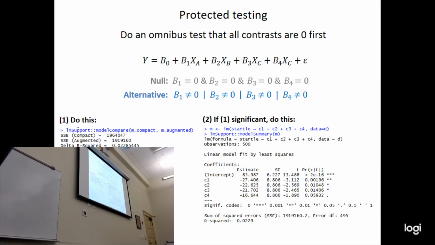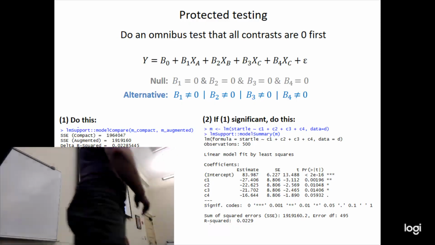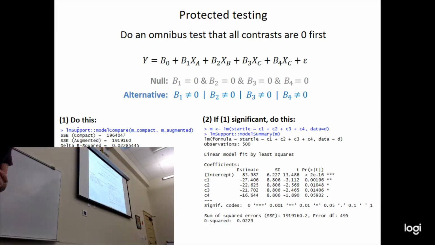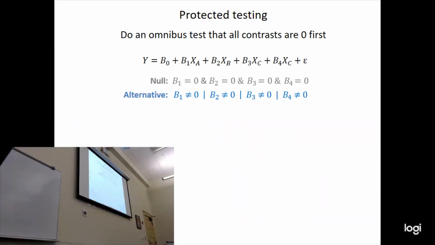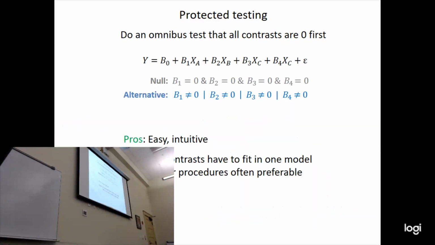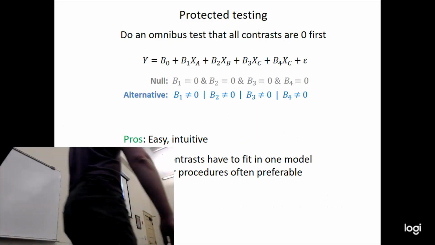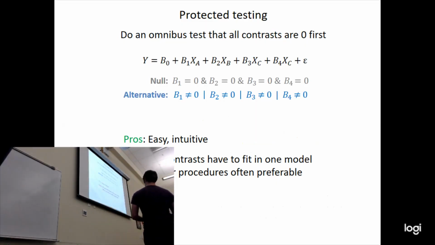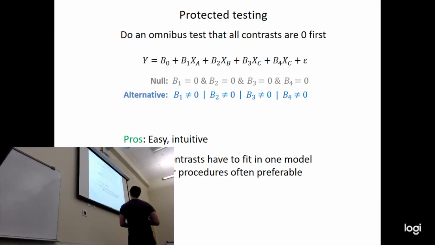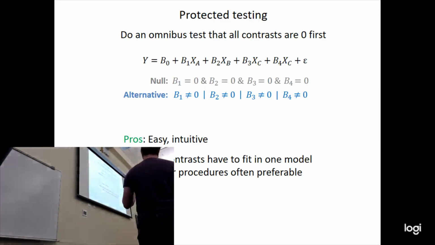I'd say this is the default mode for a multi-group design in psychology. So the benefit of this approach is that it's pretty easy and intuitive. The costs are that